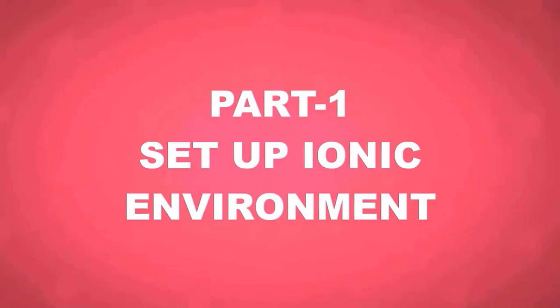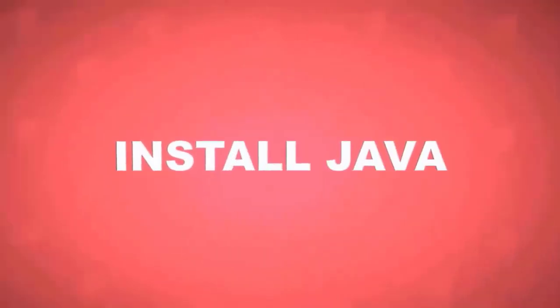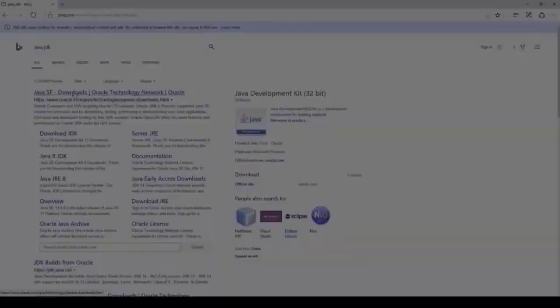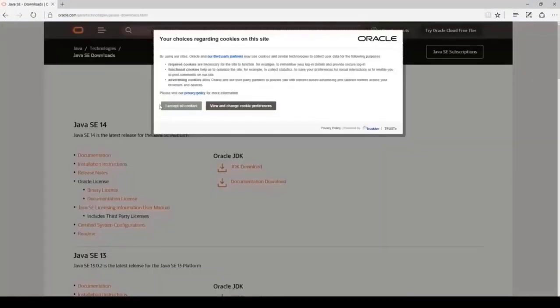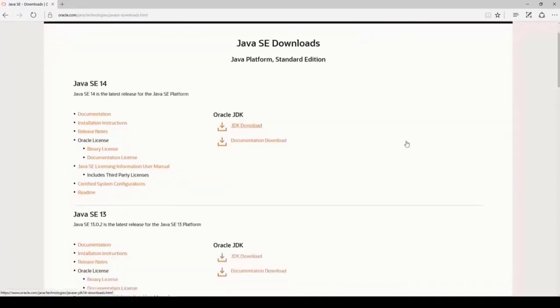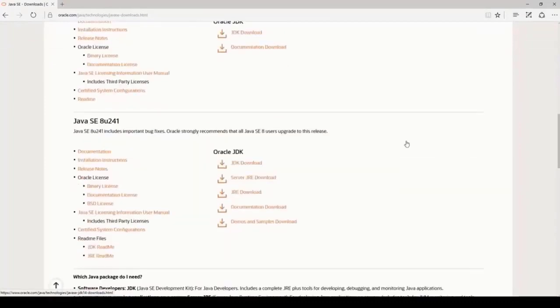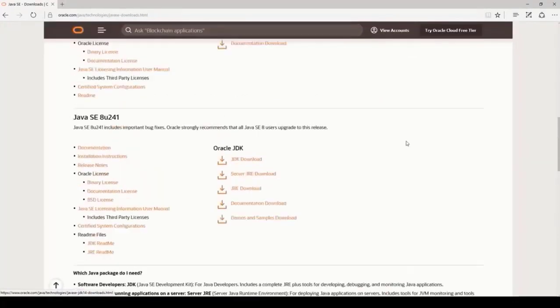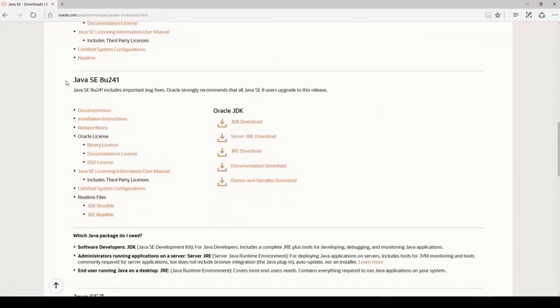First thing we have to do is set up an Ionic environment for creating this app. In order to do this, first install Java. Just go to Java JDK on oracle.com and download Java from the download section. You can download from the Java JDK option and choose this one, Java SE 8U241. Click on JDK download,